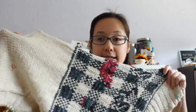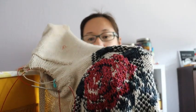It's a test knit where the finished date is coming up quick, so hopefully I will get it done. It's end of January. It's a steeked cardigan. You can see I have steeked it. I'm on the sleeve, and it has these beautiful rose details on it. I have to duplicate stitch all of these roses on, and there are 9 roses, and I've done 2. So I don't think I'm going to actually make the duplicate stitching part done by the test knit deadline,